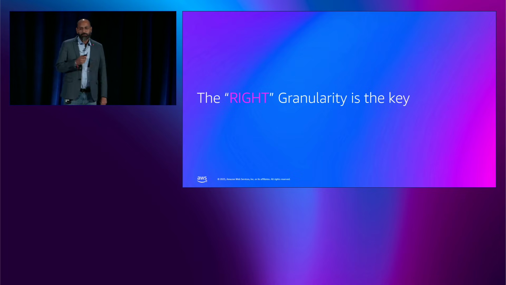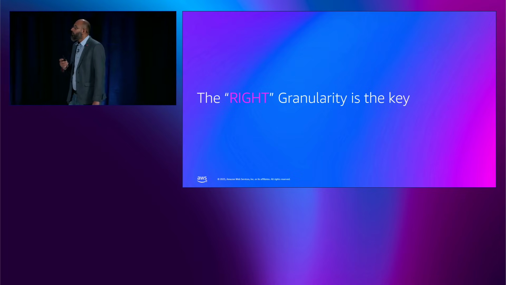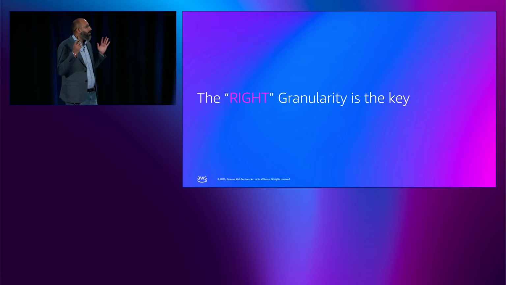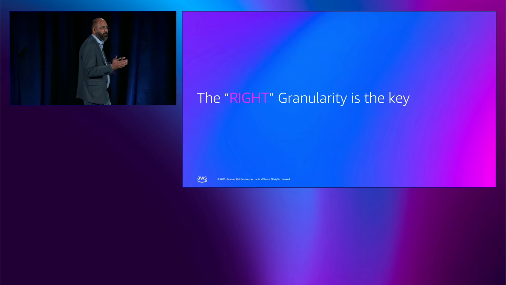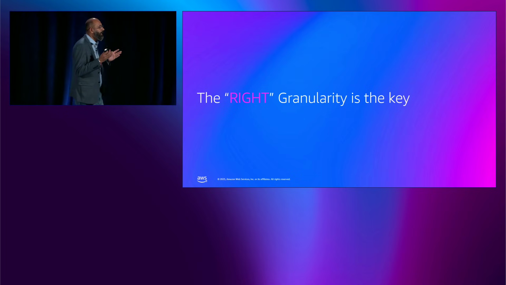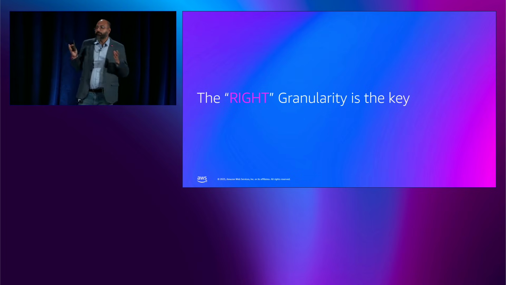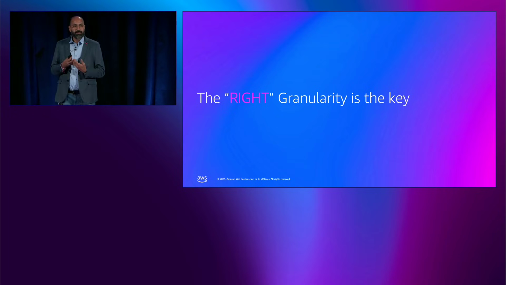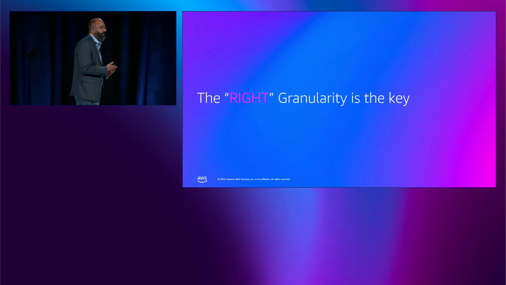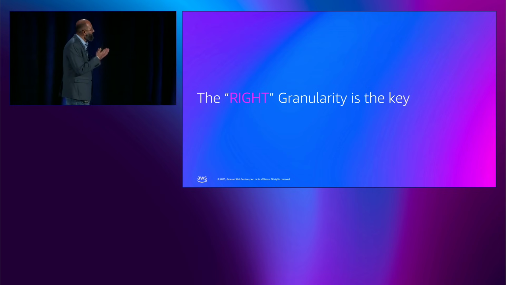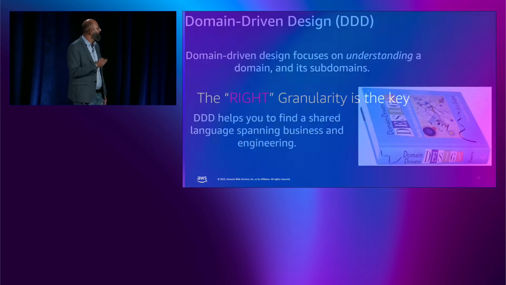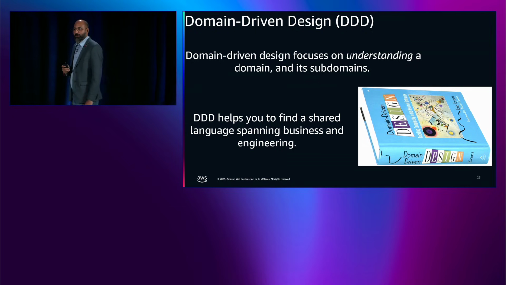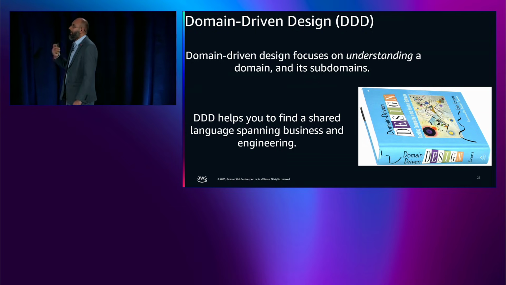And that is where the key here is to not only assess or analyze the existing monolithic applications from the implementation and technology perspective, but also to have the right analysis done from the business domain perspective, and then combine the right business analysis and the technical analysis together to arrive at this right granularity, right? How do we achieve that? So there are some architectural methodologies which we are going to talk about, which can help us to arrive at